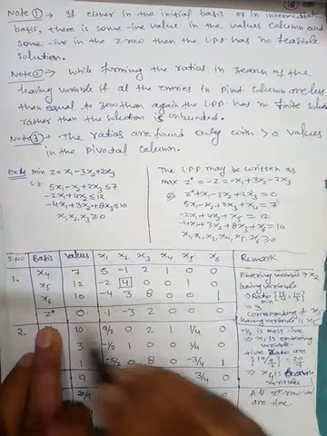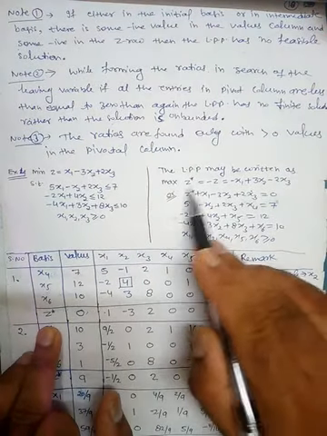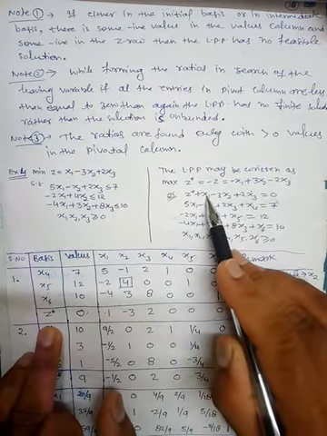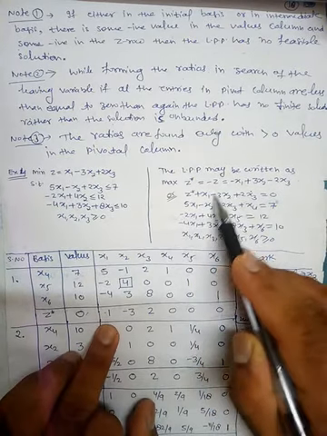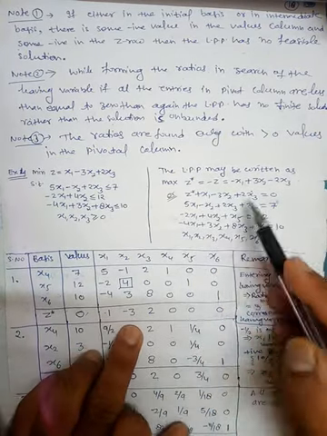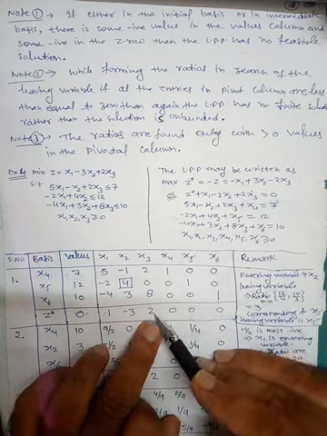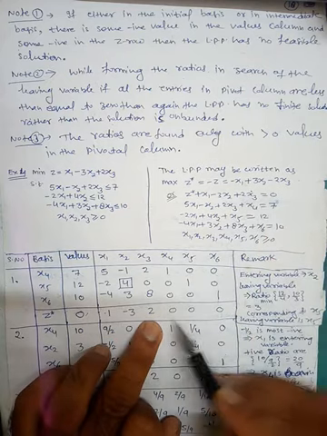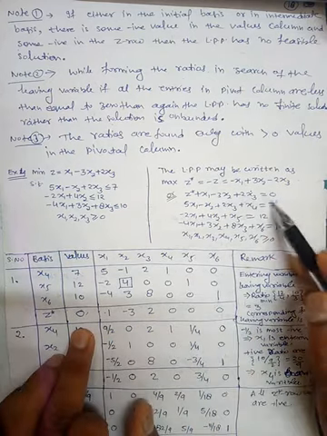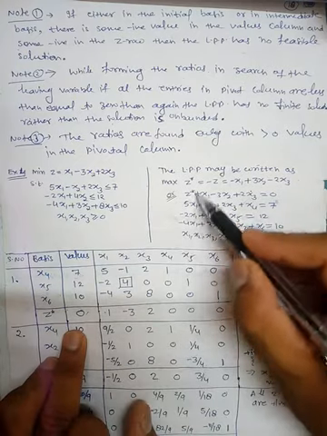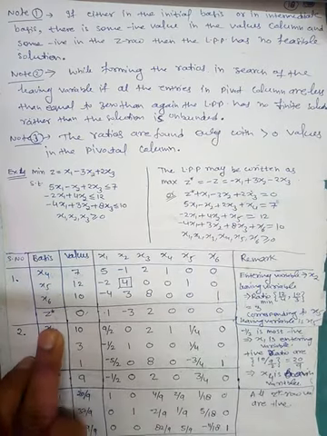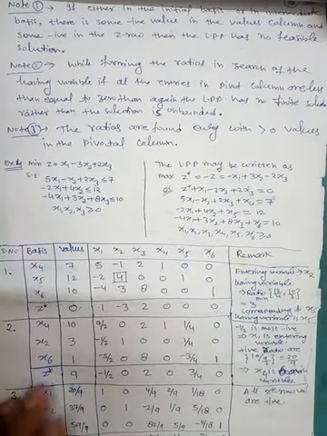Now write down the z star row. The coefficient of x1 is 1, the coefficient of x2 is -3, the coefficient of x3 is 2, there is no x4, x5, x6, so 0, 0, 0, and the right hand side is 0, and here we have z star. Okay, now apply the same rule.